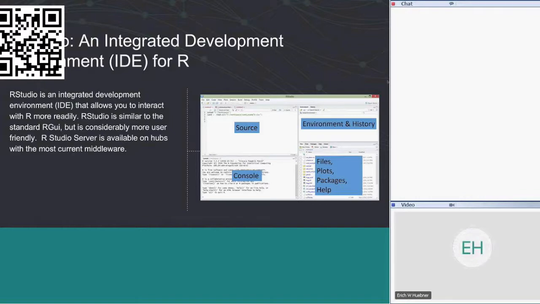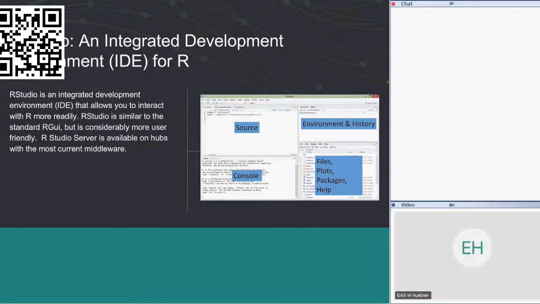You have your source code, you have a console so you can run the R code, you have environment global variables that are listed there, and you also have a list of files that are in your working directory. You can look at different plots, look at different packages. I'm looking at down here in the bottom right box here. In particular, and I'll mention some things about packages later on, those are what extend R to do cool Shiny apps or other cool visualizations and data manipulation and that. So